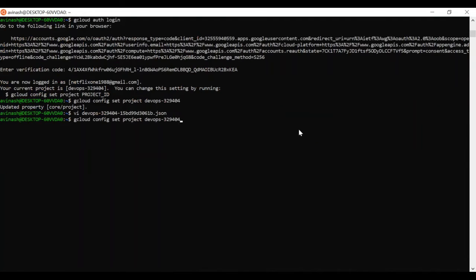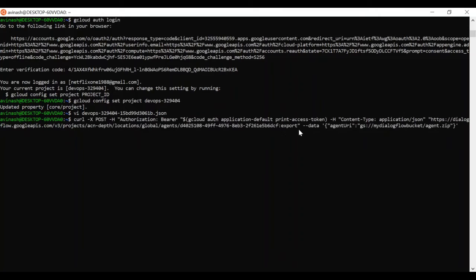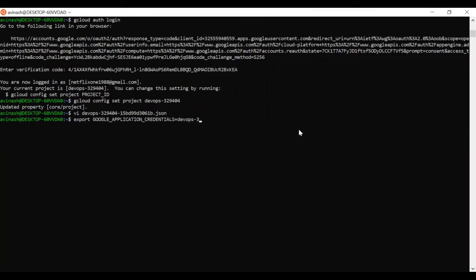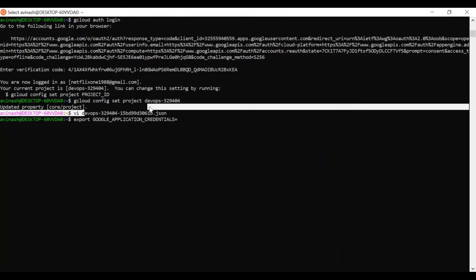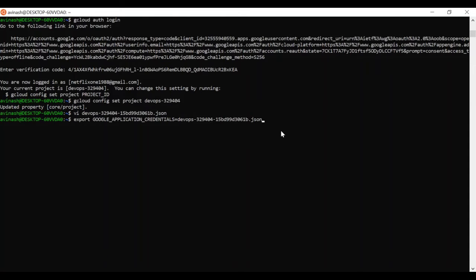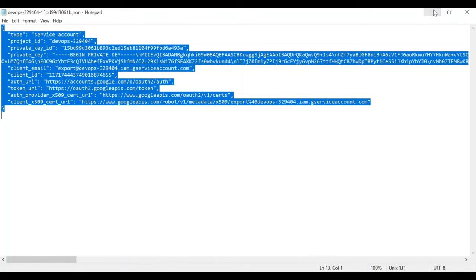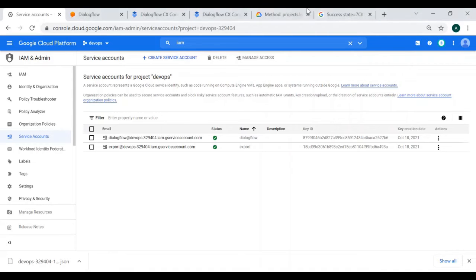Now I need to export the same file, so I can run this one. Okay, now I need to run the export command.